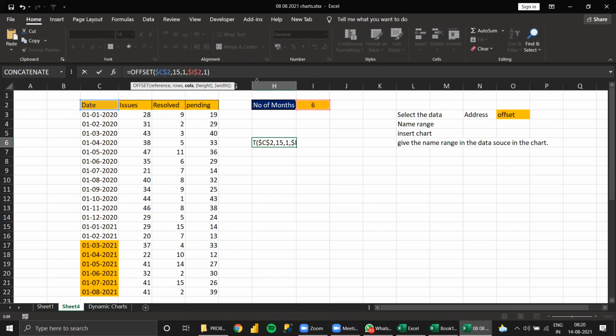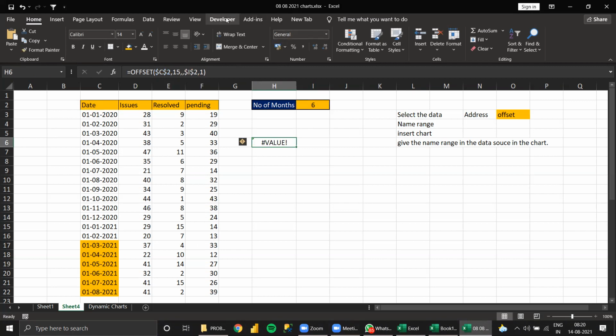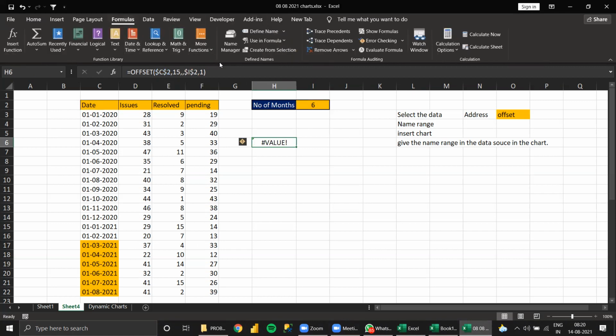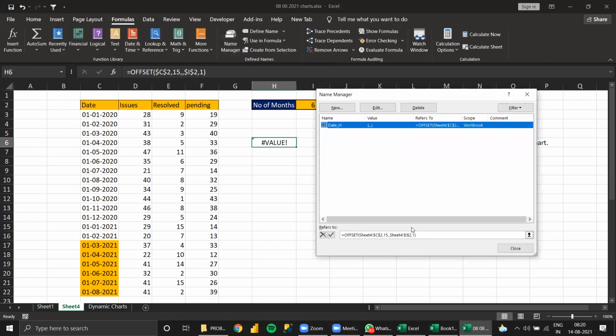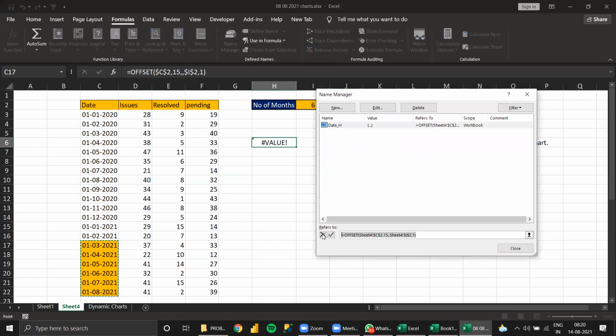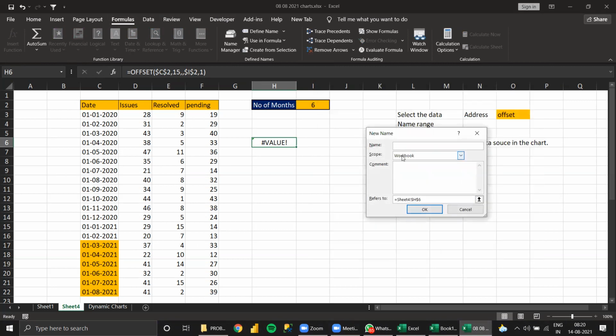Easy. Now for that, go to the Formulas tab, Name Manager, copy this. Go to New here, then paste the formula.